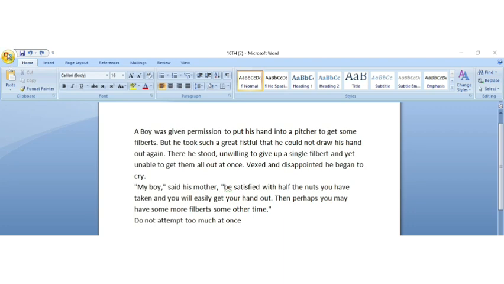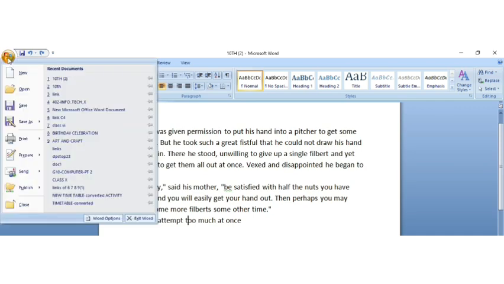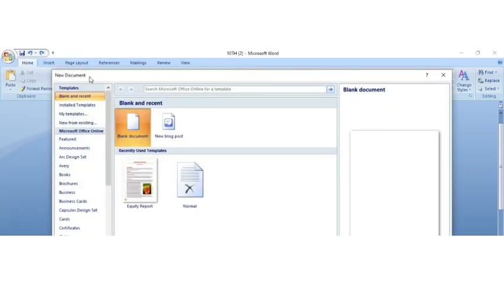First we will go to the top left corner. Here you will find the option of New. When you click over this New tab, automatically this dialog box will appear. The first option you will find here is templates. Alright, so here are two options. You can get offline templates, and you can download online templates as well.